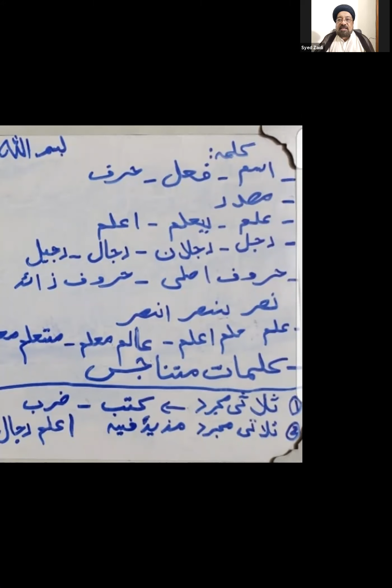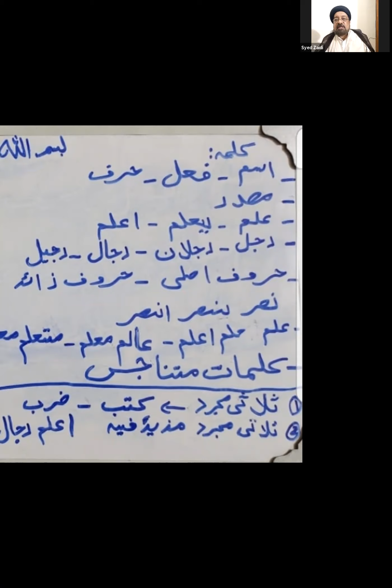Now, as you can see, there is only one single extra letter, and that extra letter is from huruf zaid. That's harf zaid. Rajul: ra, jim, lam is the huruf asli, and the alif that you see there is from huruf zaid. You move on to the other word, rujail.